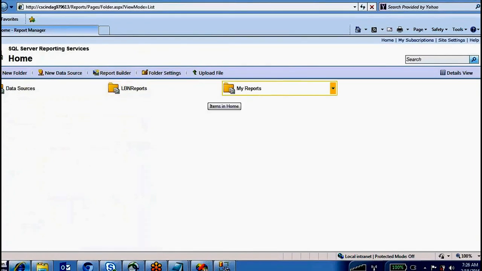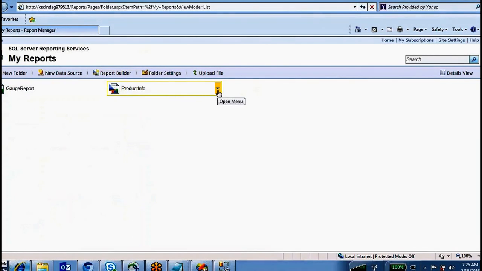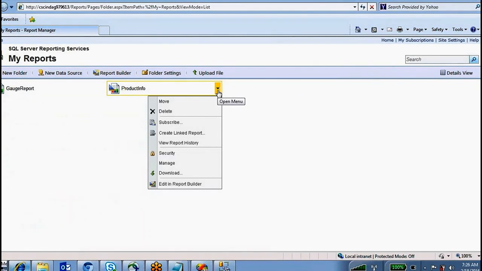Got it? Right. So now, for example, this product info table report.